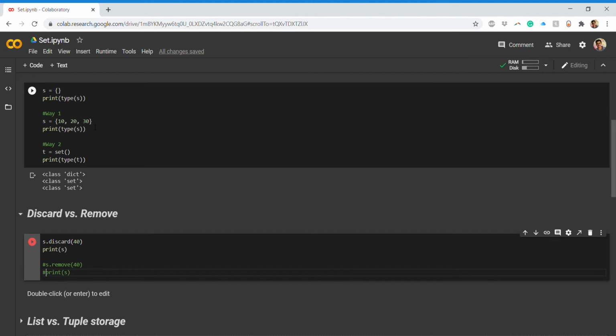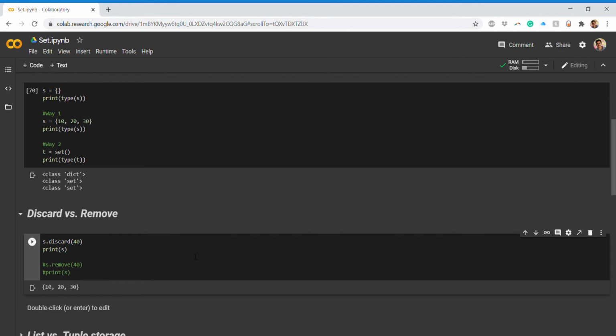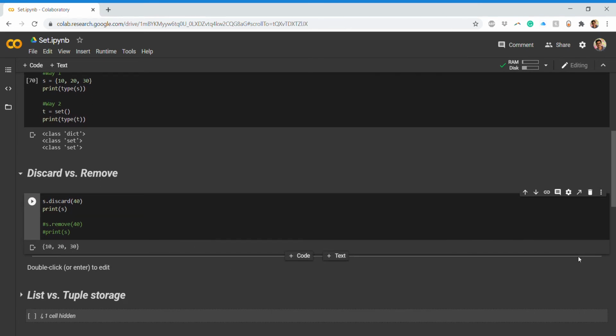So I have 10, 20 and 30, and if I say I want to remove element 40, since there is no indexing, you don't have to worry about which index it has, so you don't need to count from left to right or right to left. That is not possible. Now our discussion is, I want to discard 40 from this. Just for visualization, if I run this,